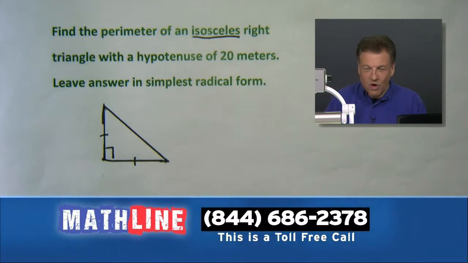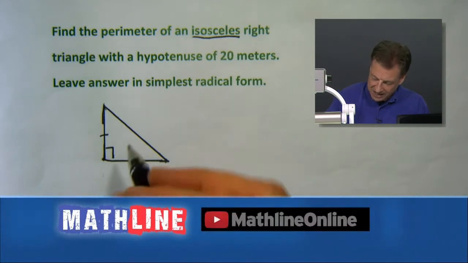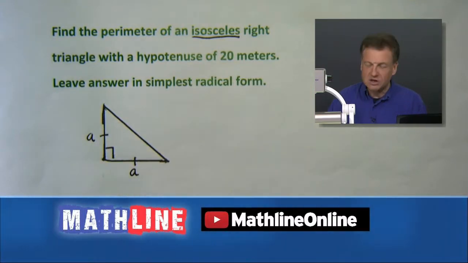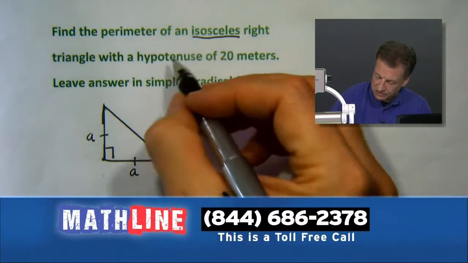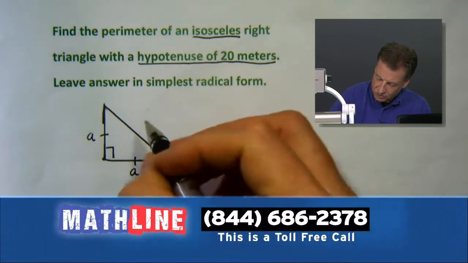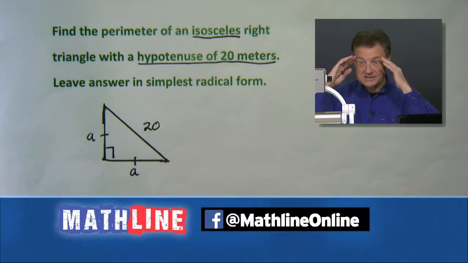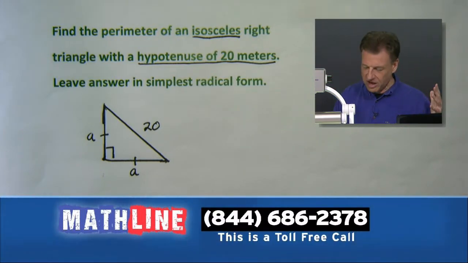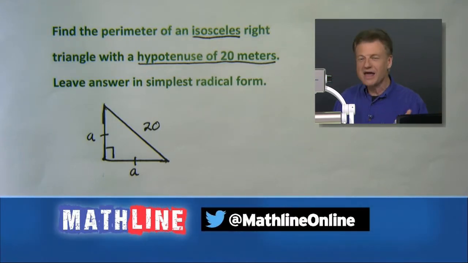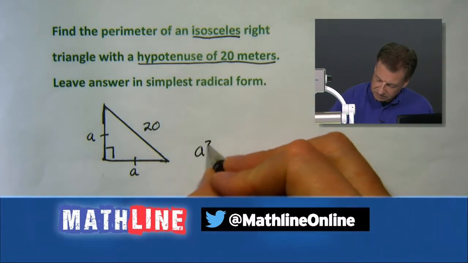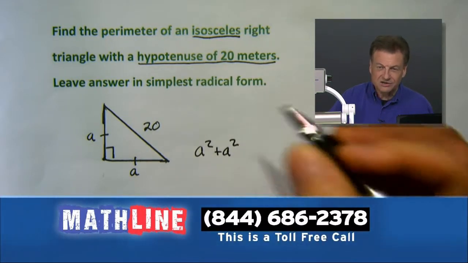So what we want to do here is, we'll call that A. Call that A because we don't know them. But we do know the hypotenuse. Hypotenuse is going to be 20 out here. Now, some of you are looking at going like, ooh, 20, that's a big number. Well, what's going to happen here? Everybody's thinking, you've got a right triangle, you've got 2 A's, you only know one side. You only know the hypotenuse. So what are we going to do? We're going to go A squared plus A squared equals